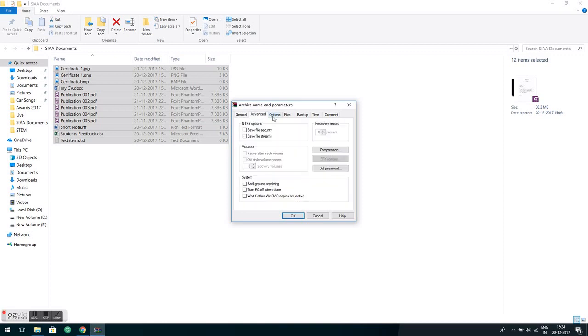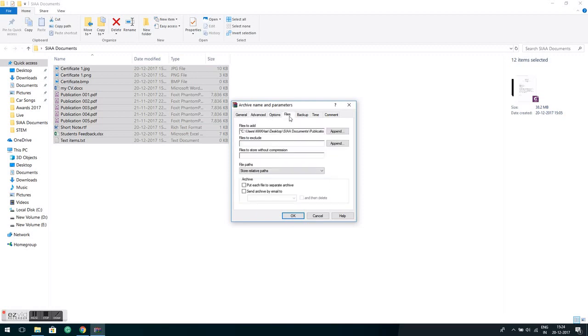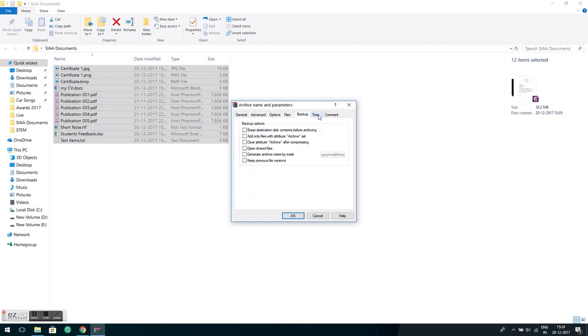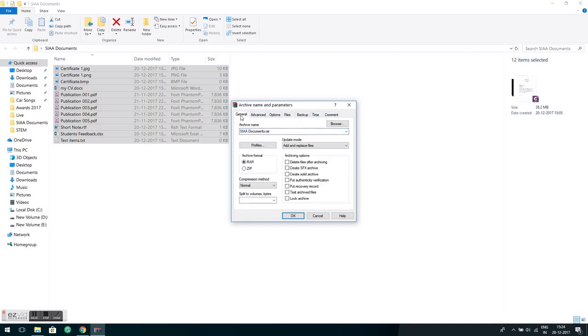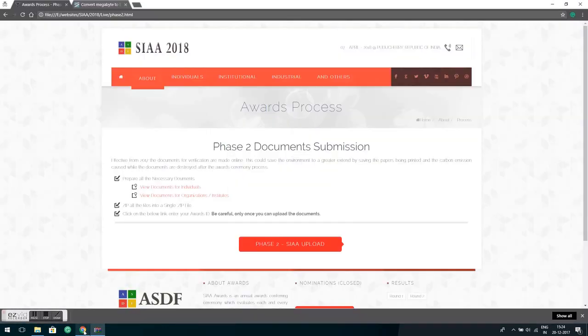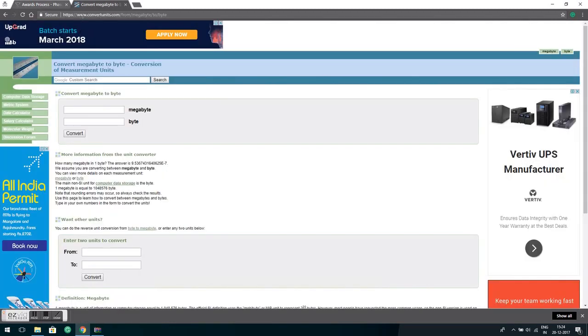So you need not change any of the other options like advanced options, files, backup, time, commenting, and other things, because we already have a system in place, and now we are going to do the splitting up of the document. Once you add documents, it's going to be a huge file now. So the server cannot accommodate huge files,